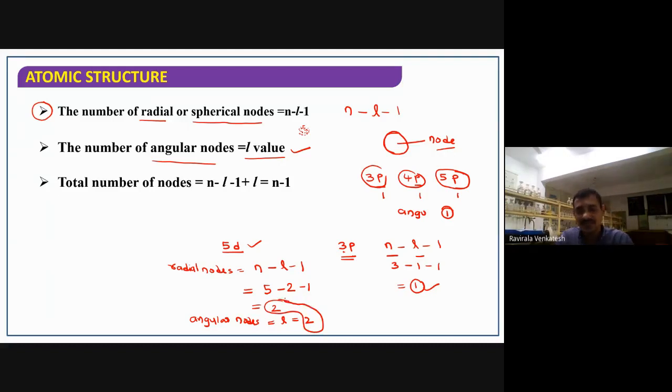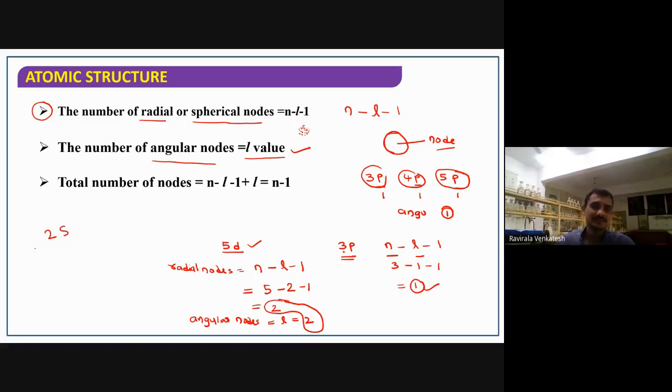In the NEET examination or any examination, even the NCERT or CBSE examination, they ask like this: in which orbital are the radial nodes and angular nodes equal? Like that they ask questions. This type of question you will get. Understood here? Now we will take one more problem, for the 2s.